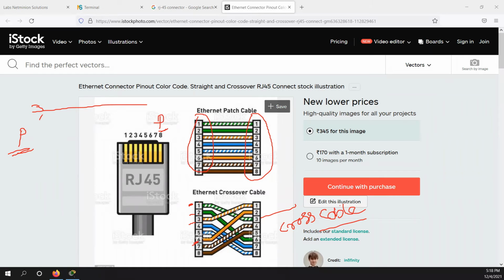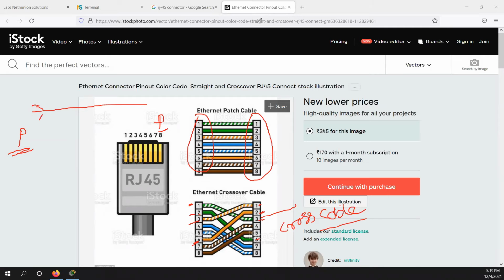So you would see here 1 is going to number 3 on the other side, 2 is going to number 6 on the other side, 3 is going to number 1 on the other side, and 6 is going to number 2 on the other side. So this is a cross cable, and this is a straight cable. On a straight cable you would see that the connectors on both sides have the same color coding of the wires, and on a crossover cable you would see different color coding.